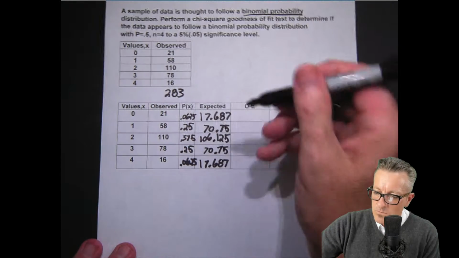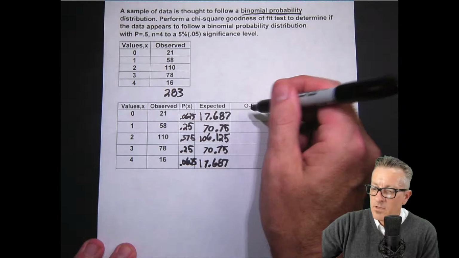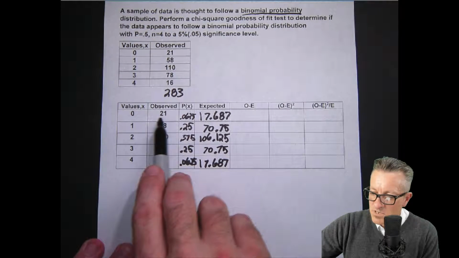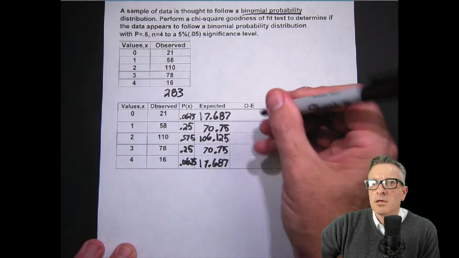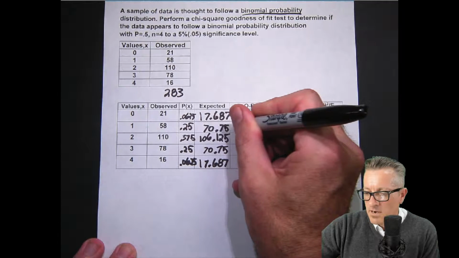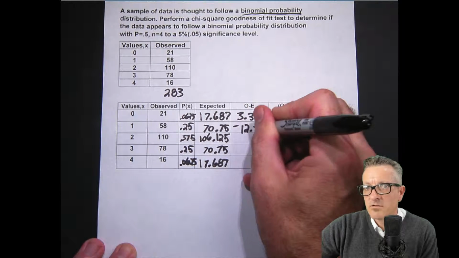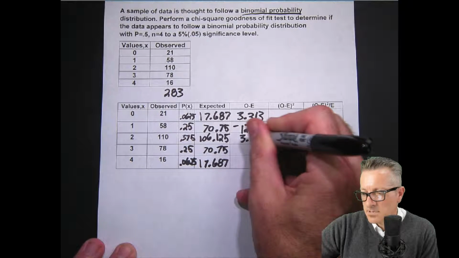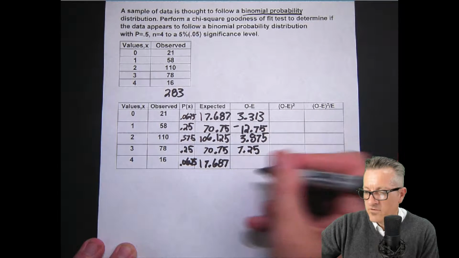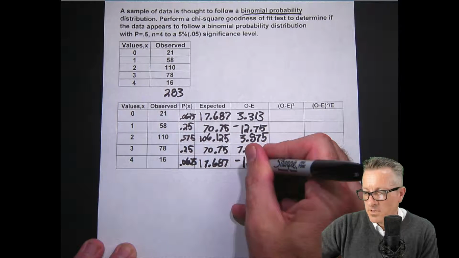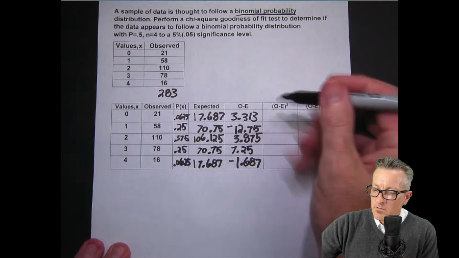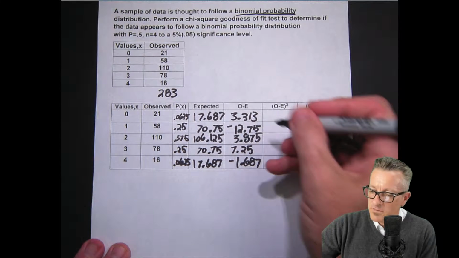And then we're going to find the difference from observed and expected, and I'll write these in. So that's observed, expected. So just observed, subtract expected. And we have 3.313, and then negative 12.75, 3.875, and then 7.25, and then negative 1.687. Okay. And then when we go and we take this and we square it, and I'll write these in,